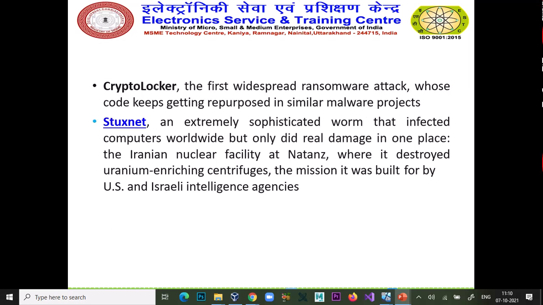CryptoLocker, Stuxnet. CryptoLocker is the first widespread ransomware attack, and after that Bad Rabbit, whose code keeps getting repurposed in similar malware projects.